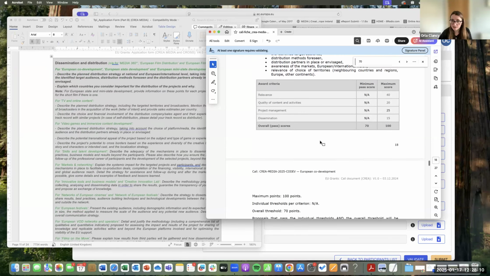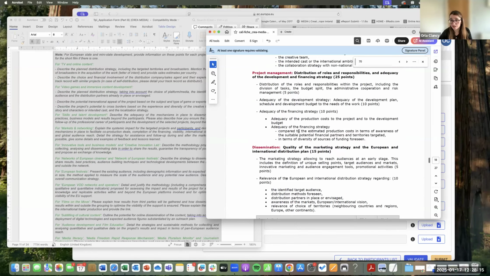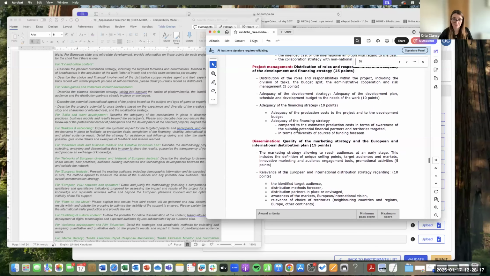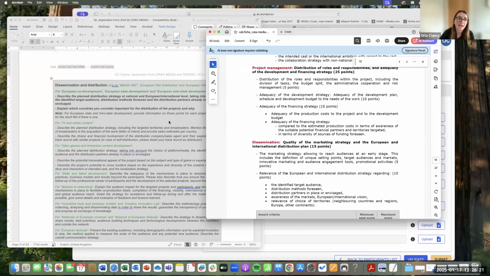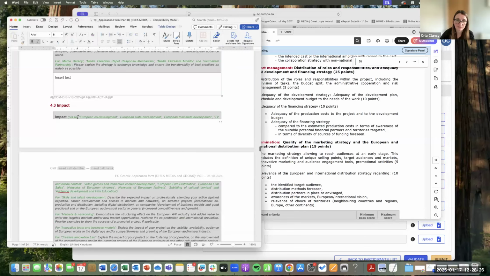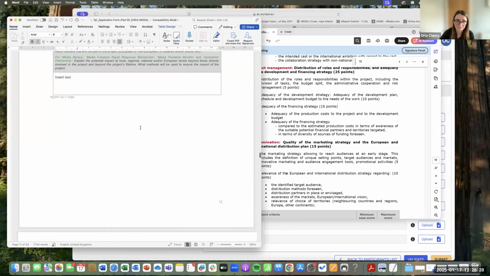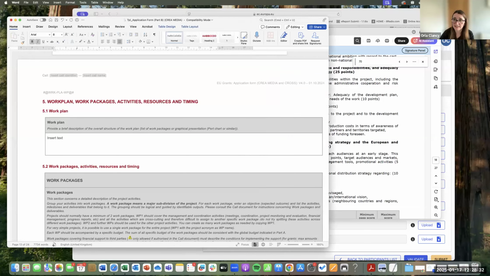So as we go down here, they are all the points, right? That's everything, and all of them are broken down in these questions. The only thing now is the impact, which isn't applicable. Then you go down to the work plan. So the work plan is